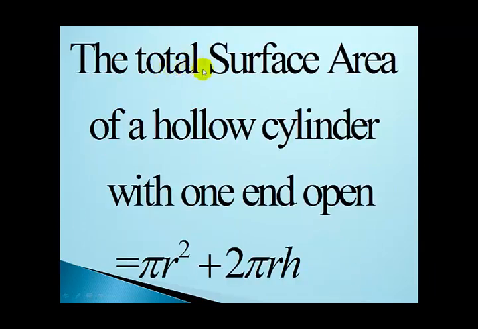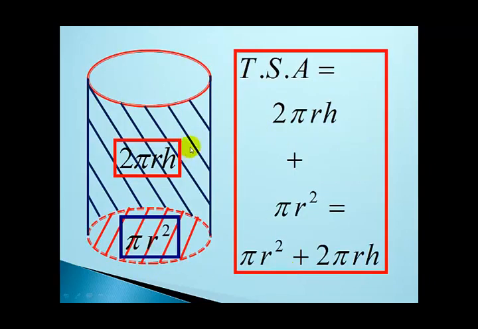The total surface area of a hollow cylinder with one end opened is equal to pi R square plus 2 pi RH. Now let's consider the cylinder as shown. Considering the cylinder, we can see that the circular end at the top is opened, and that makes it a hollow cylinder. Now we have the blue shaded region, that is the curved surface area, and the curved surface area is given by 2 pi RH. The circular end at the bottom is closed, and the area of that circular end is